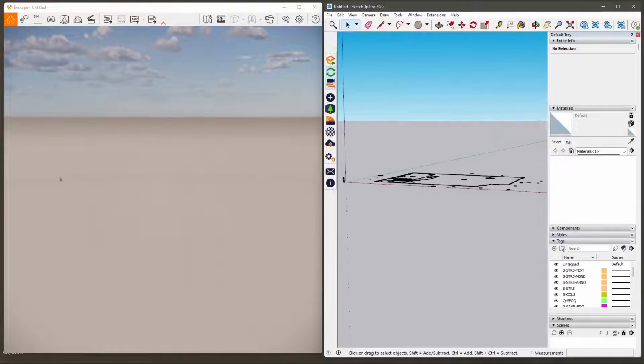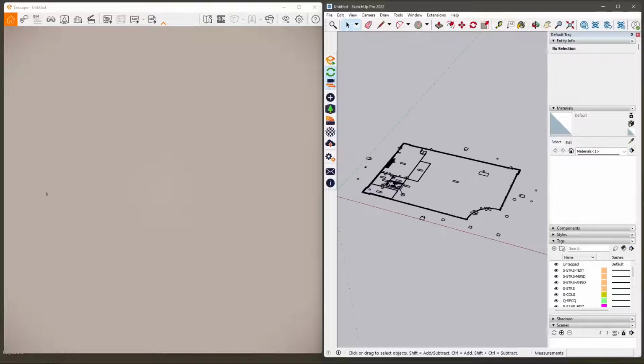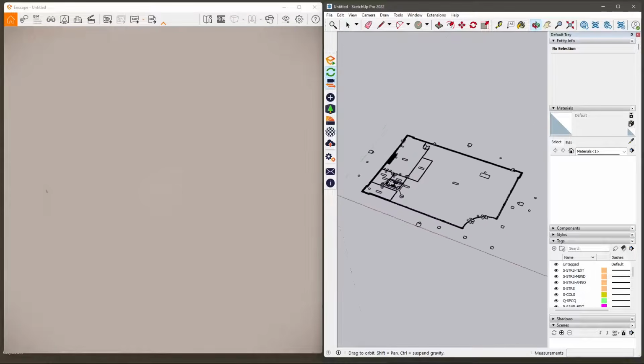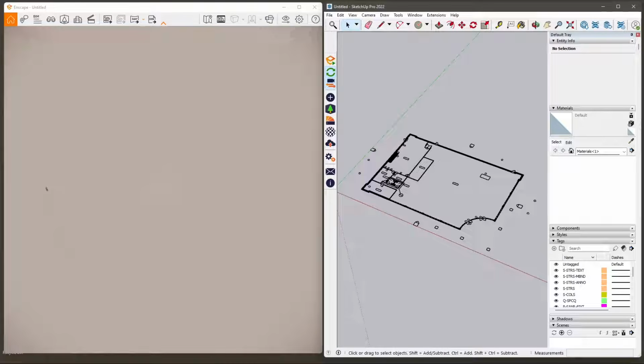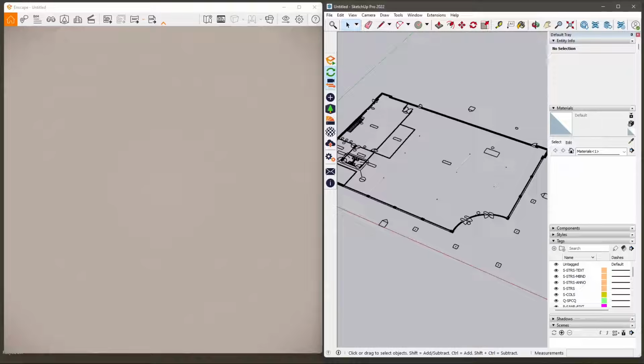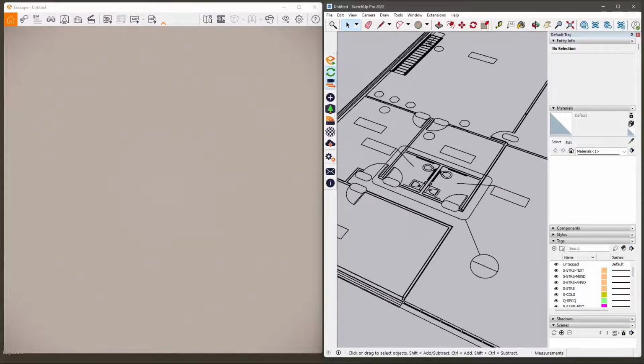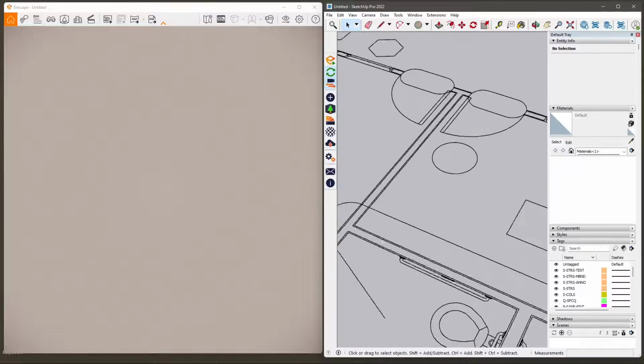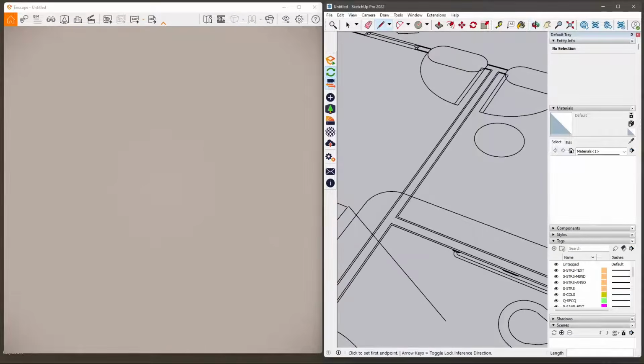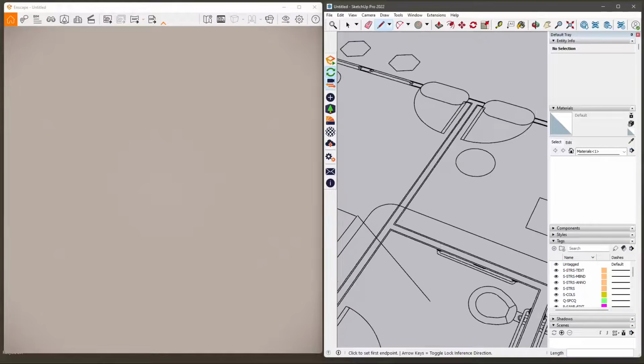Okay, so you can see this is a Revit file actually, but I've exported only the 2D part of this Revit file, and I have like a plan view. So once I am in SketchUp, I can turn all this data, which is in 2D, into 3D real quick. So for example, here if I have a wall, I can see it in SketchUp, but I cannot see it in ENSCAPE because ENSCAPE doesn't